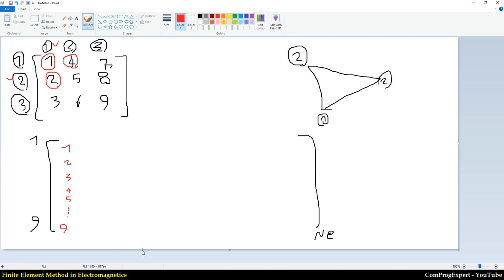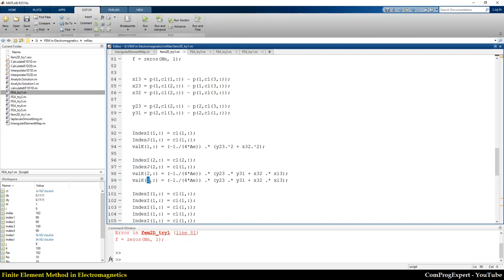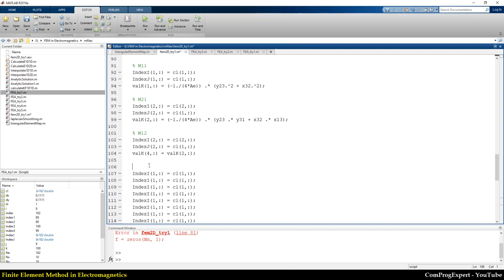And the index here is 4. The index here is equal to 4. That is the same as this one because the stiffness matrix is symmetric. A stiffness matrix is symmetric. I copy this and paste this here. So I write M11, M21, and M12. Here I write